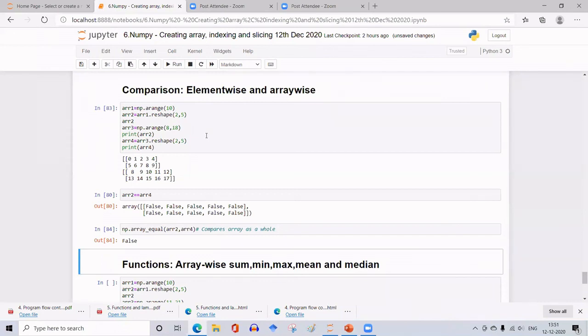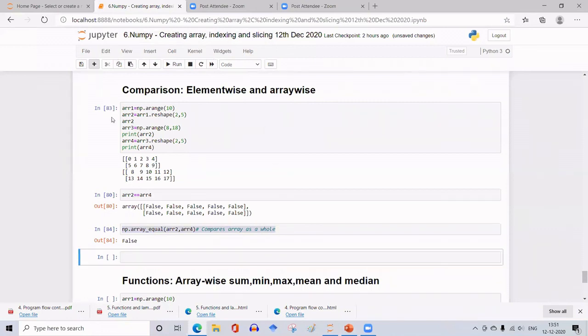Okay. You make a change in this so that you will get some true here, and you also take two arrays. Suppose, let me copy this and insert a cell below and paste it.